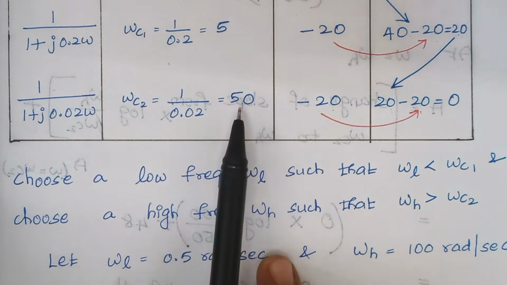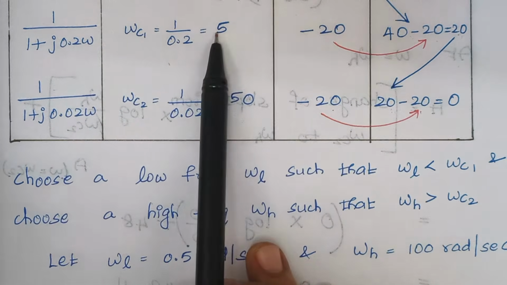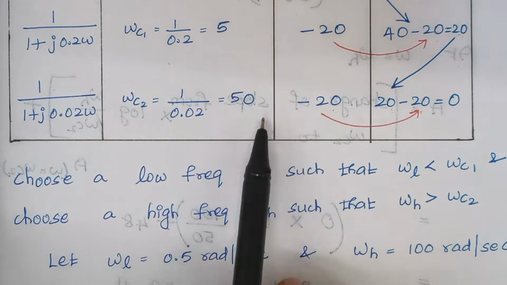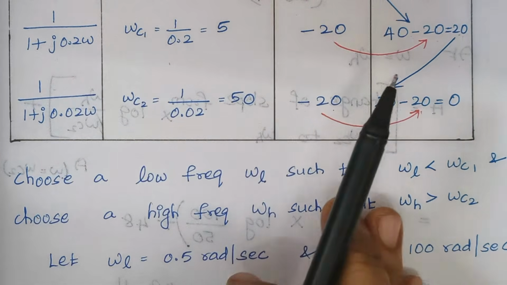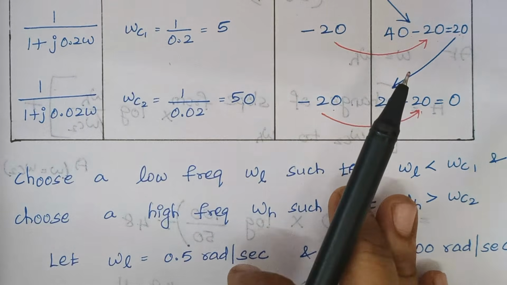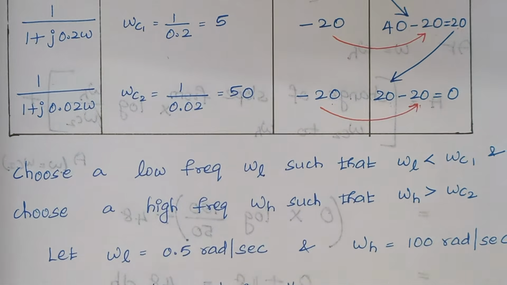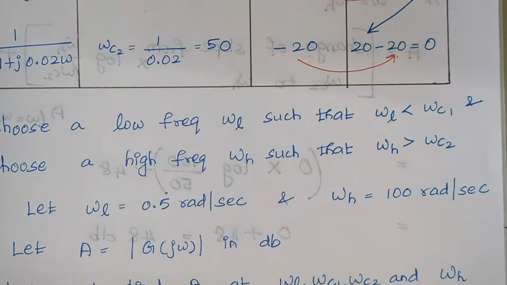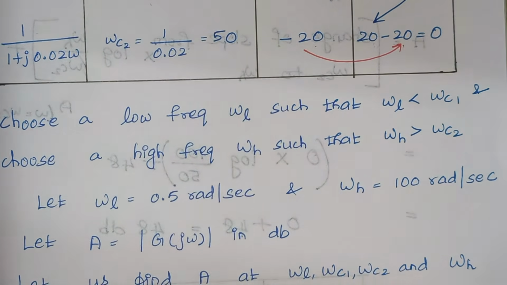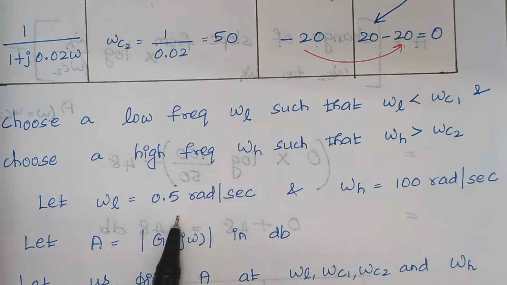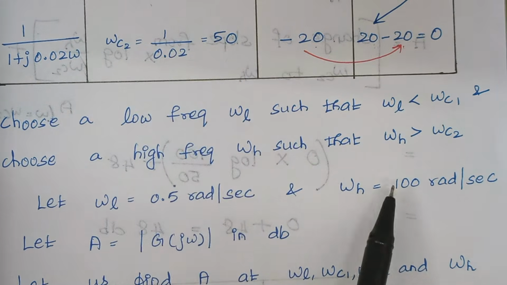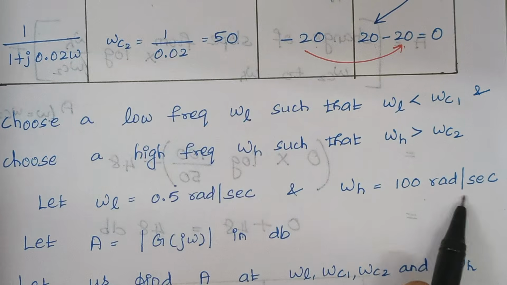So I have to select a frequency value which is less than 5 and another frequency value which is greater than 50. You can select whatever number you want, right? So here, as this is the first sum, I am following the book as such. I don't want to deviate. So here I am taking the lower frequency as 0.5 radian per second and the higher frequency as 100 radian per